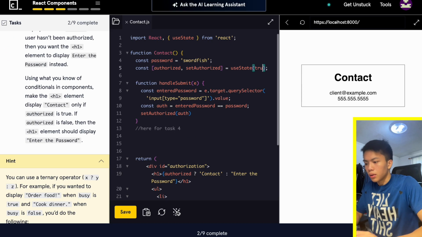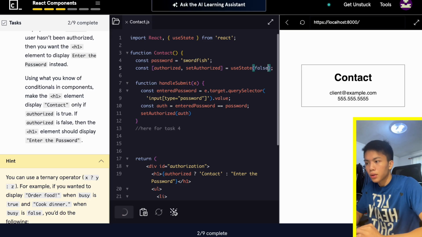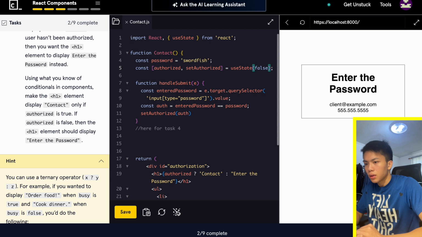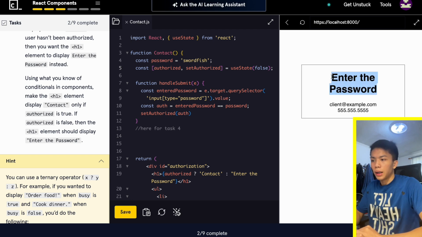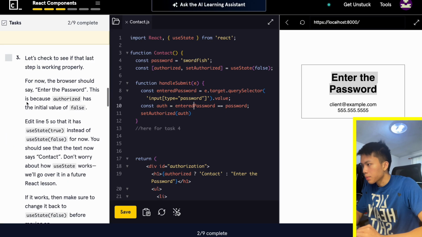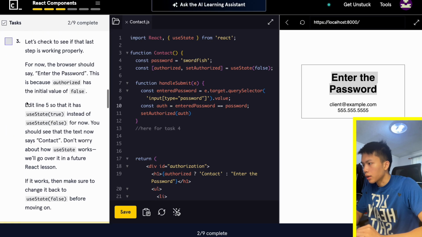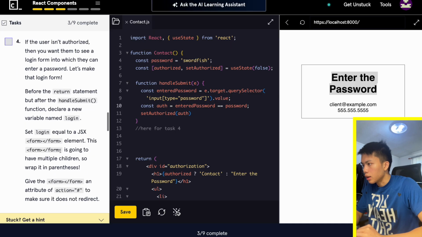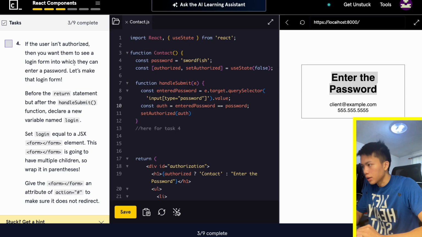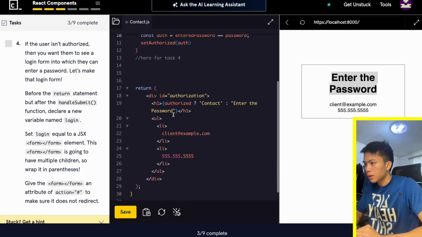So change it back to false. Nice. So there's an enter the password. Okay. So let's check if that's already changed back to false. If the user isn't authorized, then you want them to see a login form into which they can enter a password. So before the return statement here, you need to add